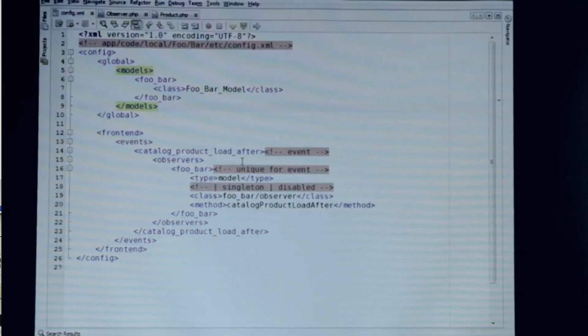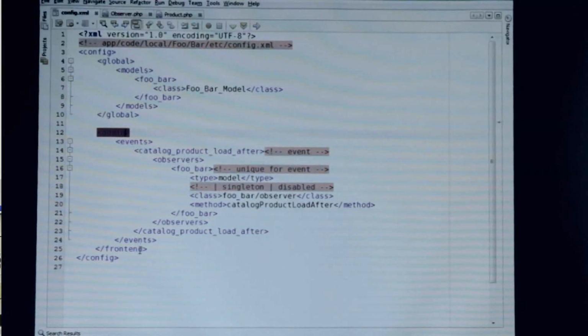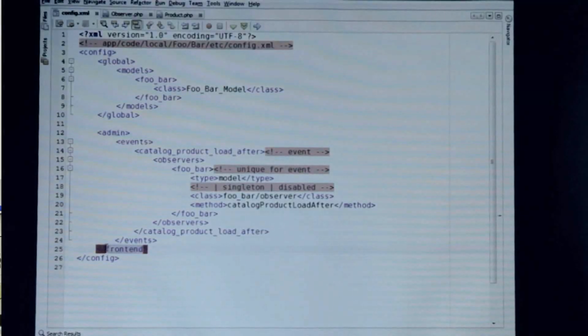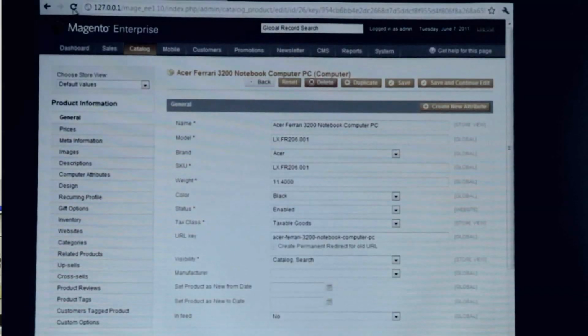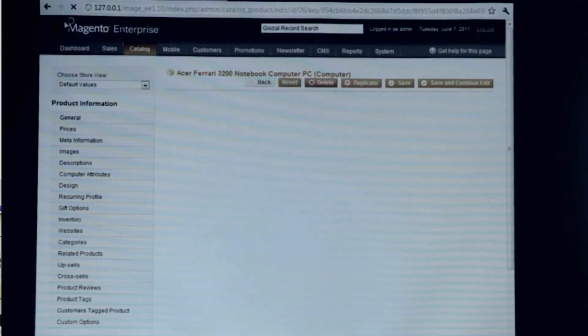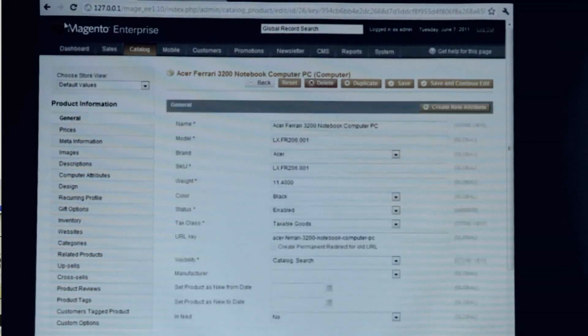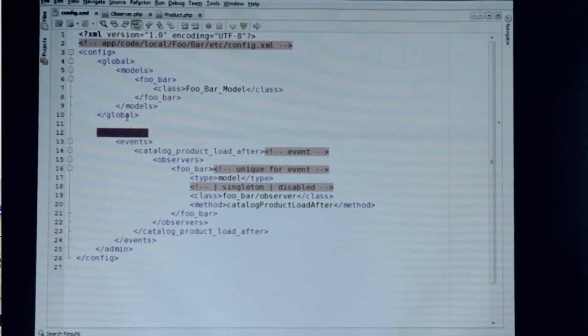I hate to say it. I've taught this class 7 times now, and I always forget whether it's admin or admin HTML. So let's take a look. I'm going to try admin first. I don't think it's admin. I think it's admin HTML, but we'll try this. So all I have to do to check that here is refresh the page. Look at that. Okay. Probably admin HTML. So if I change this to admin HTML,